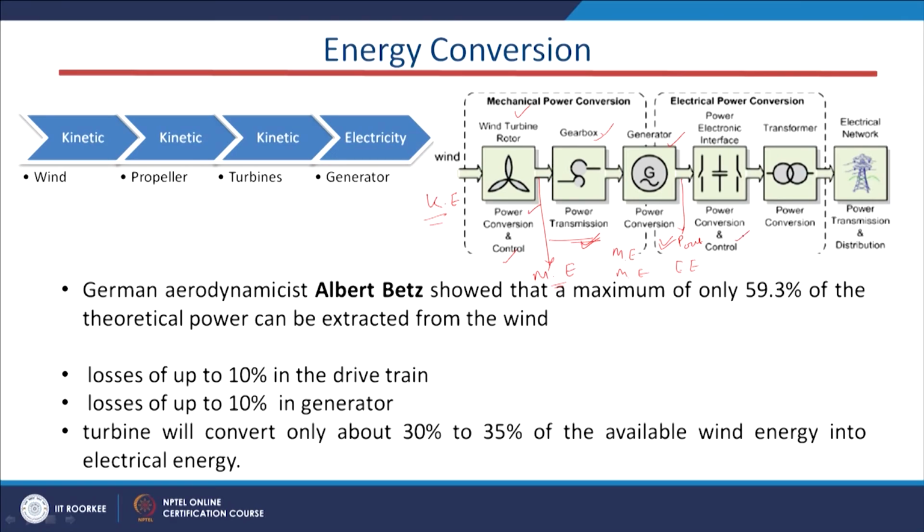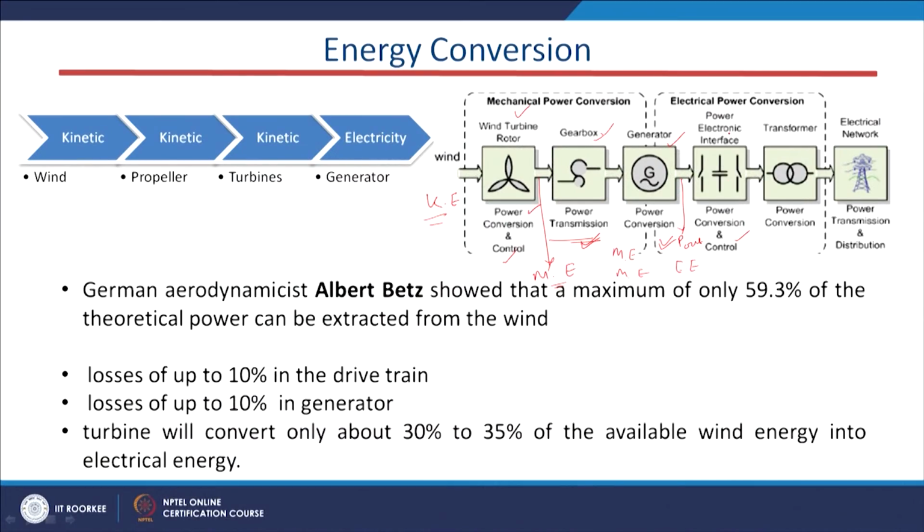That is why we have this power conversion. Apart from this, for transferring over a long distance, we first rectify the wind energy, because the wind system generates AC voltage, AC power, unlike your solar system, which generates DC power. Here we will get AC power, and that AC power will be converted to DC using the rectifier system. Next, the DC will be converted to AC using the inverter section, and that is what this power electronic interface does.